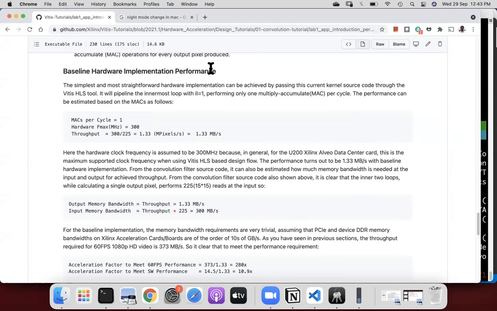So it's a 15 by 15 filter. In order to perform one dot product operation, we require 225 multiply and accumulates, 225 MAC operations, in order to produce one output pixel.